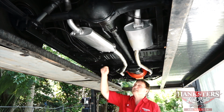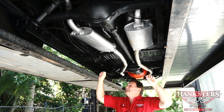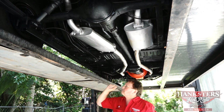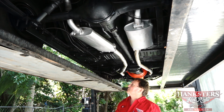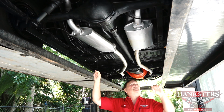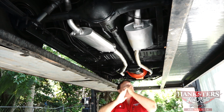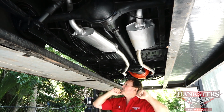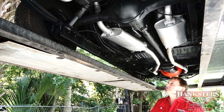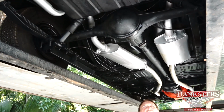Substructure, same in the back as in the front. A couple of very, very slight indentations from jack stands. That's it. All the spot welds to the floor, just as they were when they were new. The torque boxes in the front of the leaf springs are absolutely gorgeous. There's no marks from being jacked up on them. No deterioration, no rust issues whatsoever on them. 8 3/4 heavy duty Chrysler rear end,